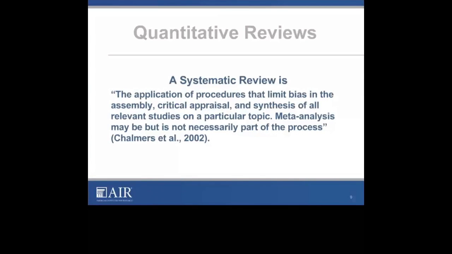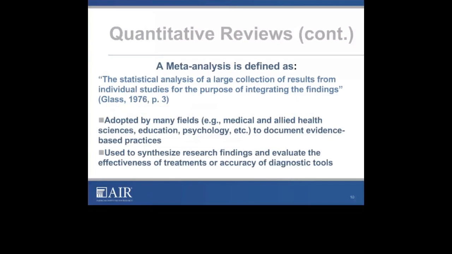We can go as far as running statistics on, like in the example, the size of the treatment effects and aggregate all the studies by their effect sizes. If we are engaging in that process, we would be calling that a meta-analysis. So a meta-analysis is a step upward on the systematic review. Not all systematic reviews, however, engage in that statistical process and are considered a meta-analysis.